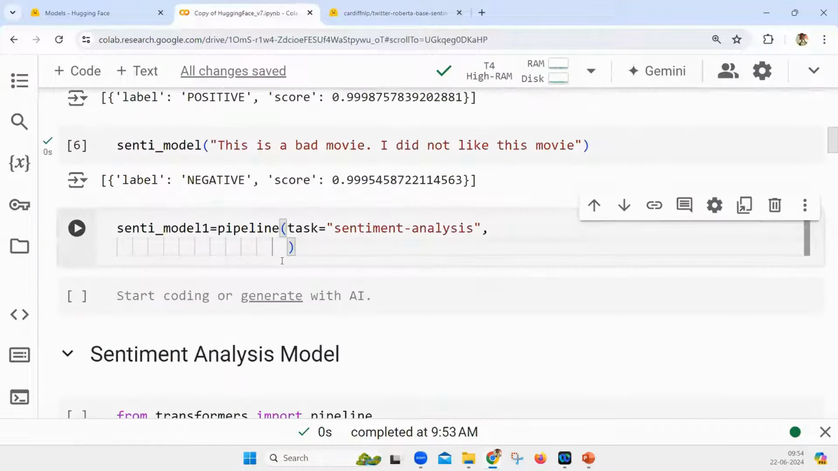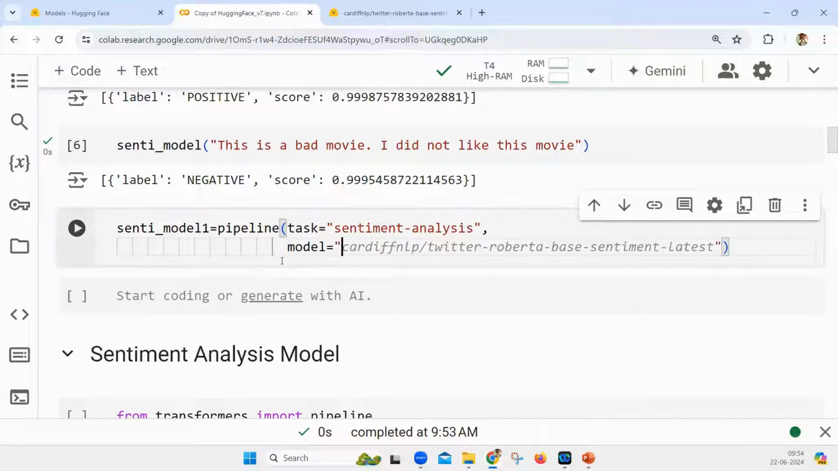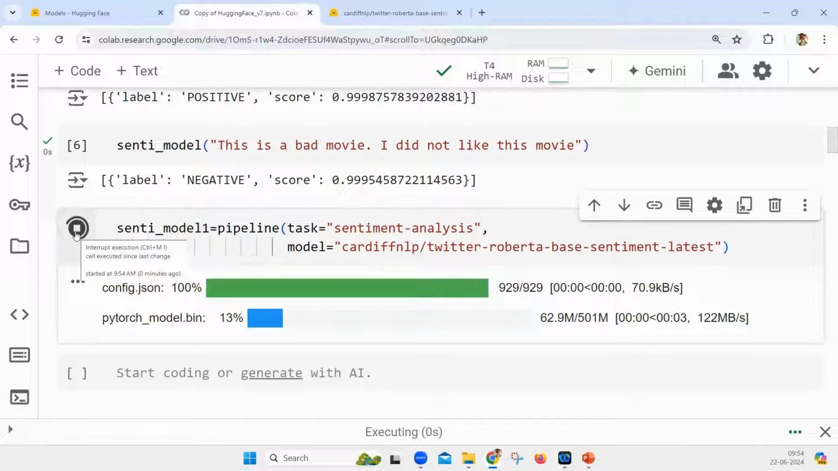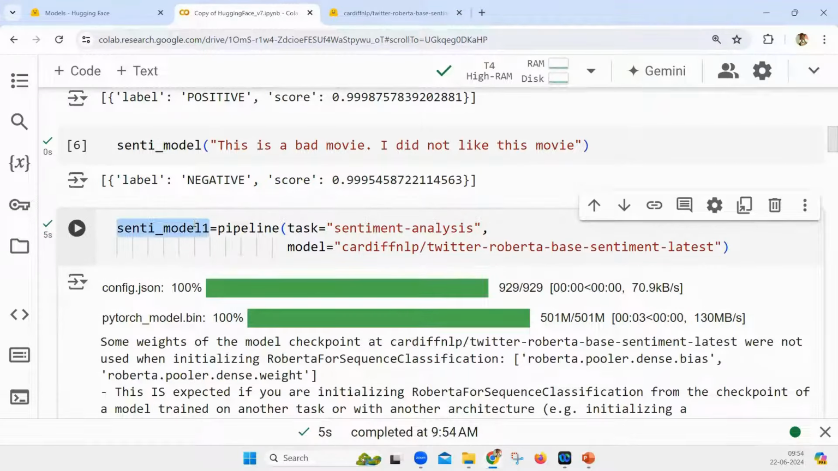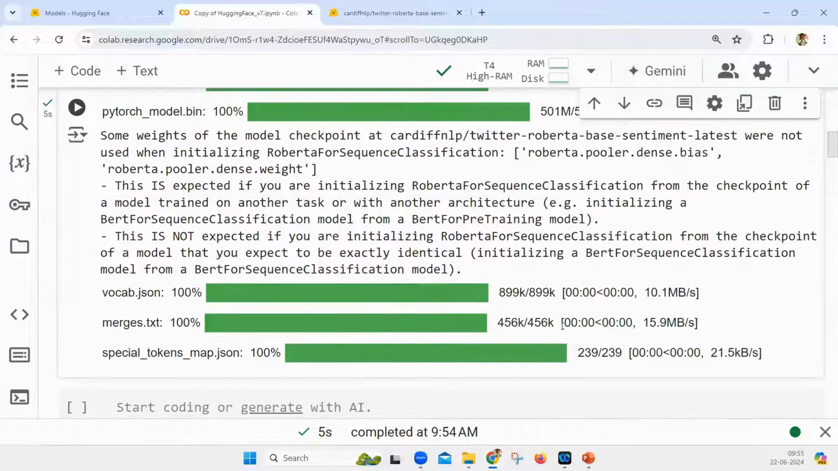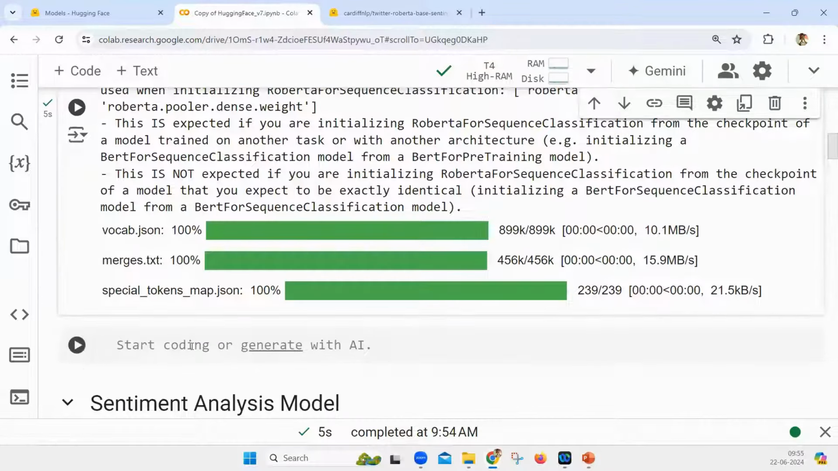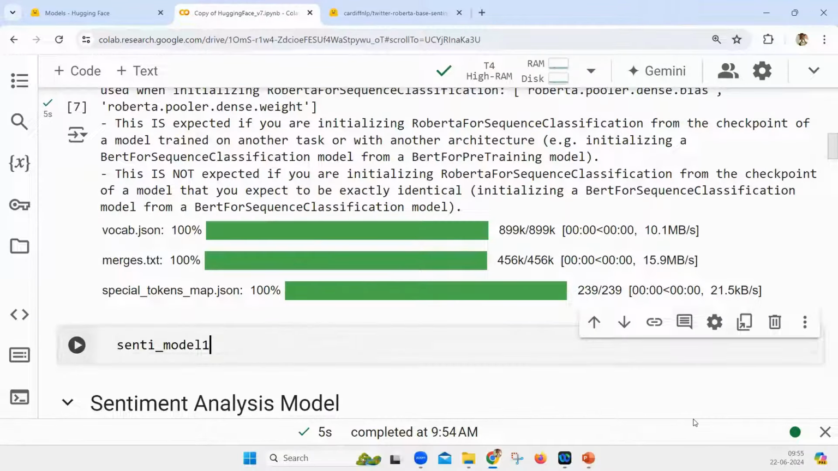And all that you need to do here is you write my model is equal to, and in the code you paste whatever you have copied. Now this will be your model. Now this model is getting downloaded. Once this model is downloaded, you write my model and whatever are your, let's say,